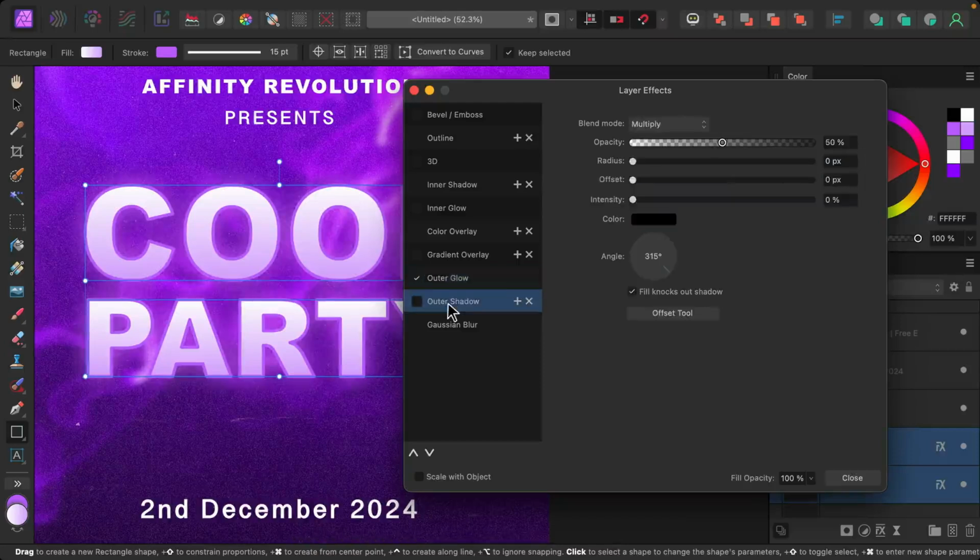Next, I want to add an outer shadow to our letters. Outer shadow can help separate our text from the background. So to do this, I'm just going to increase our radius